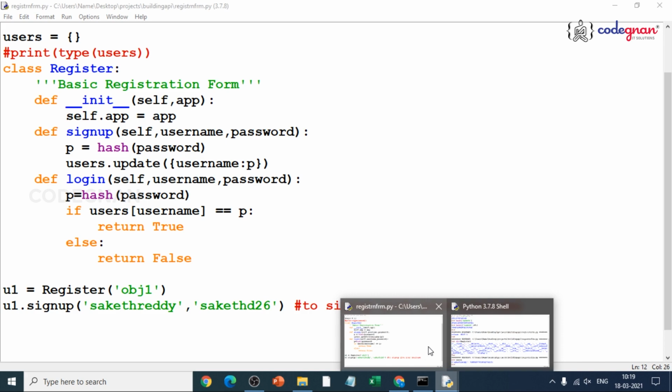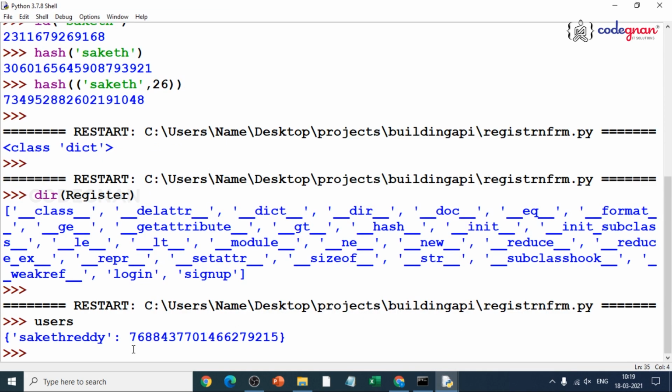Then let's try to log in. Let's try to log in here. That is users dot. We can give login. Sorry, users is dictionary, right? U1. U1 is our object. U1 dot